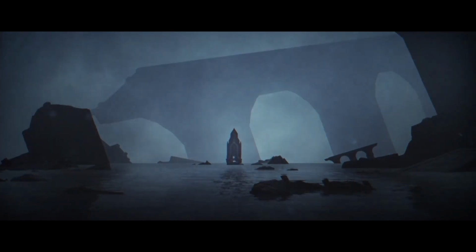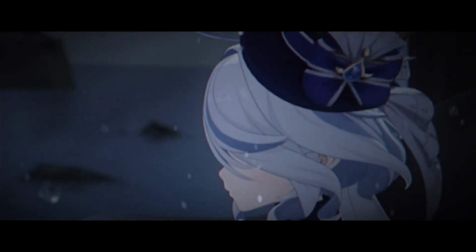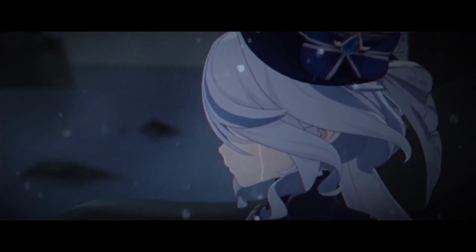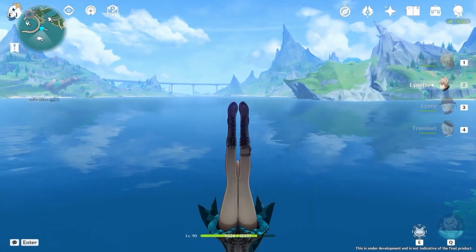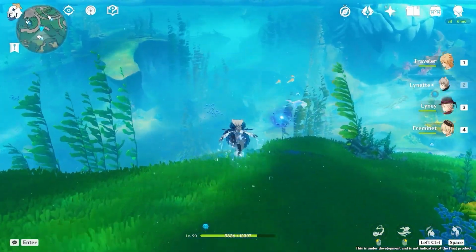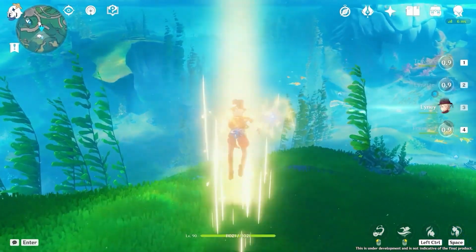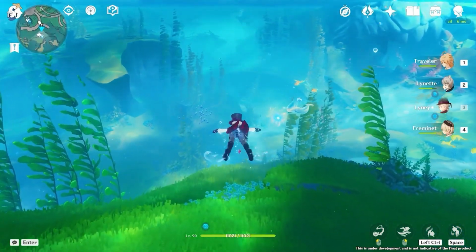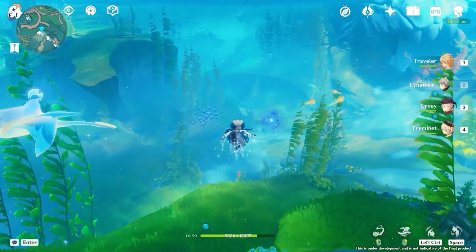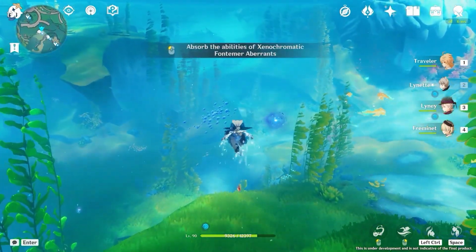So finally Fontaine is coming with the Genshin 4.0 update that released yesterday, and here are all the new things with this new update. First, of course, there is the whole new exploration underwater, and as the devs said, it's like 50% of the whole map of Fontaine. So there is a lot of new places to explore, and new mechanics of the diving